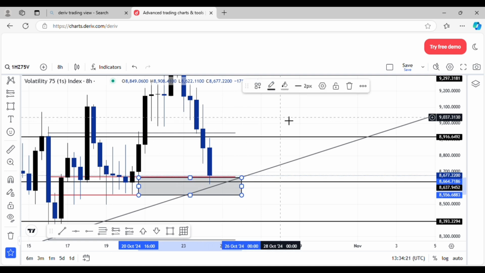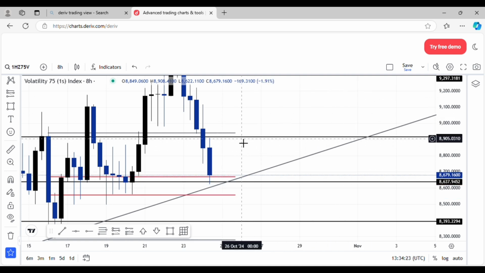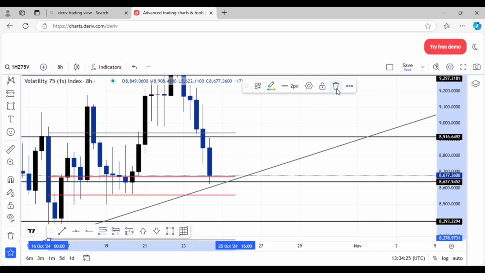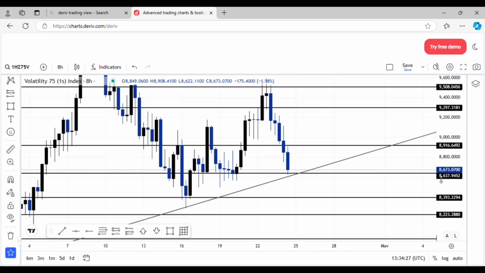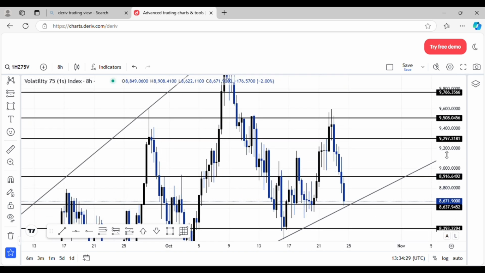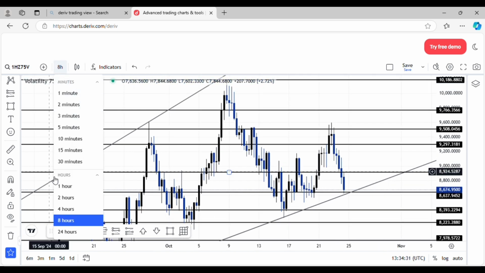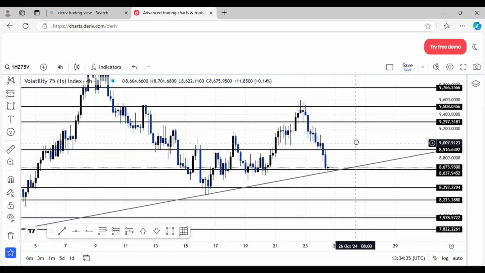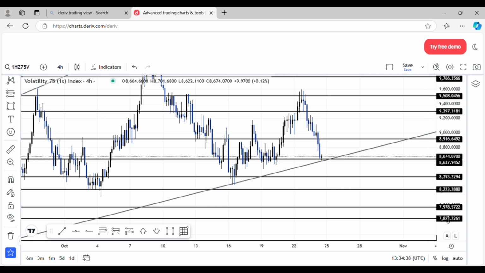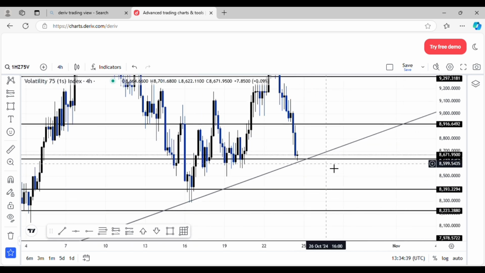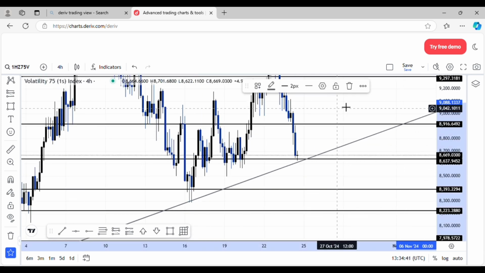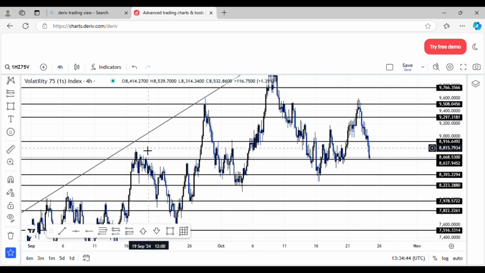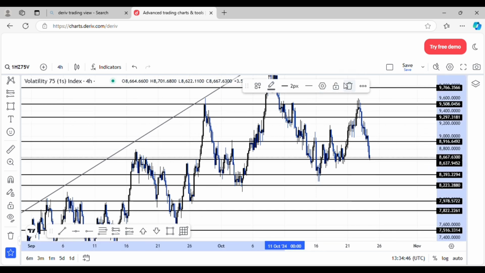So the buying opportunities are supposed to be taken, but as I always say, you can't take any trade without any confirmation. Understand? So I'll just have to move to my 4-hour. Let's see on the 4-hour what we do have. Understand? So on my 4-hour here, guys, let me just delete this. So I can see that we had